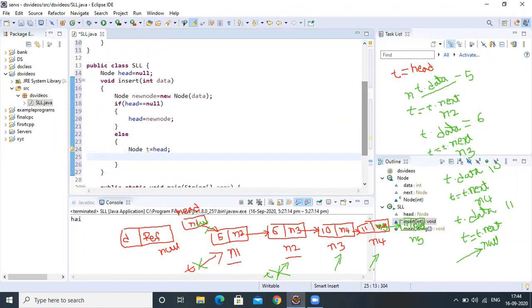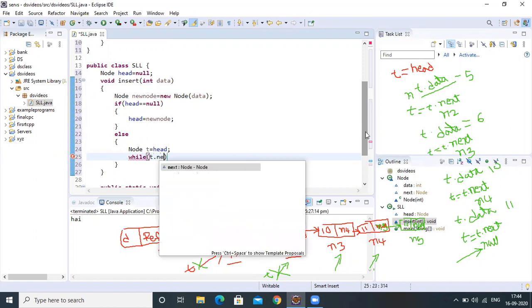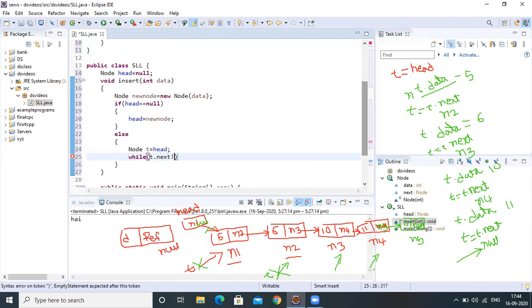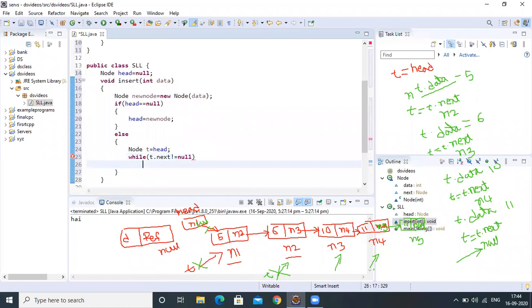We will repeat until we reach the last node: while t.next is not equal to null. If t is referring to n4, then t.next is null. So whenever t reaches the last node, t.next will be null, and up to that we will traverse.